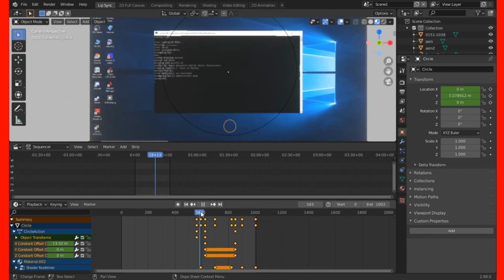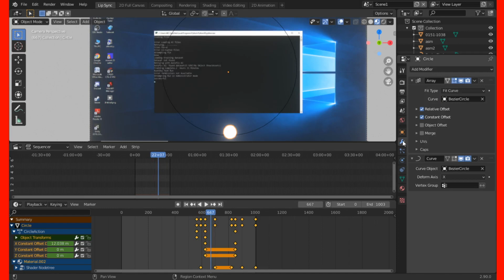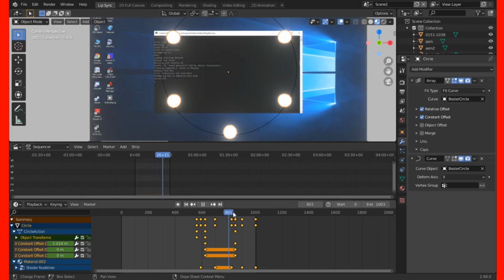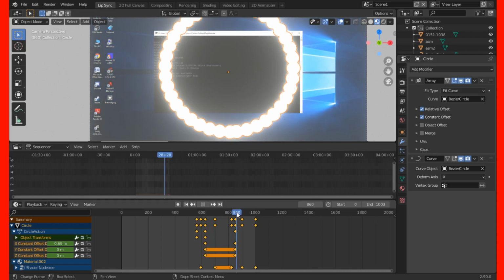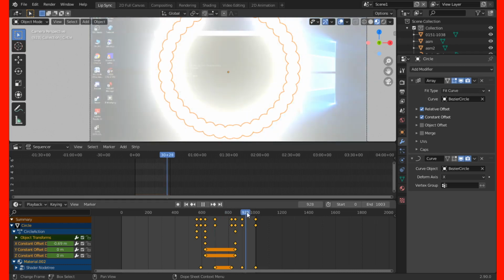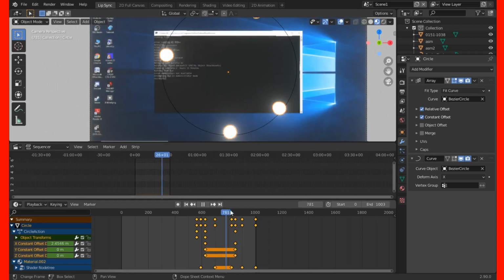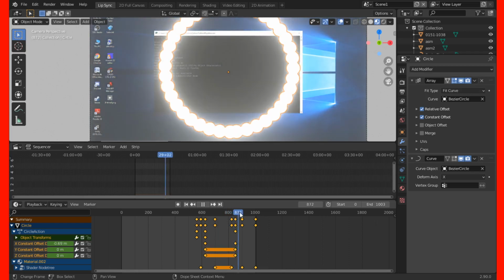Right here, one circle comes up, and there is an array modifier, I think, that multiplies it. Basically after that, it wasn't really that hard. I just multiplied it and had it form a circle. At this point, I stopped animating extra circles and just increased the brightness.